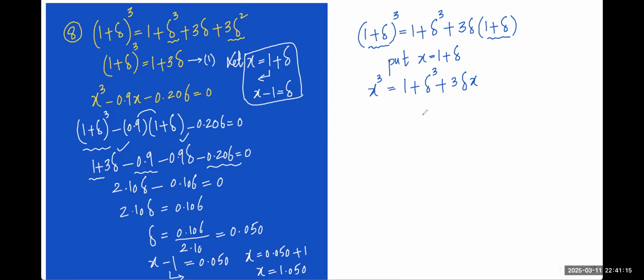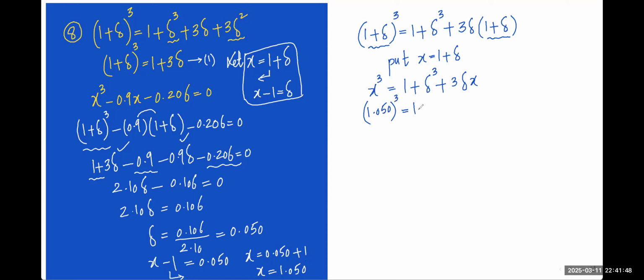Approximation of part 2 means x cube, and find the estimate of this root 1 plus delta. X value is 1.050, right? Here we need to substitute 1.050 whole cube